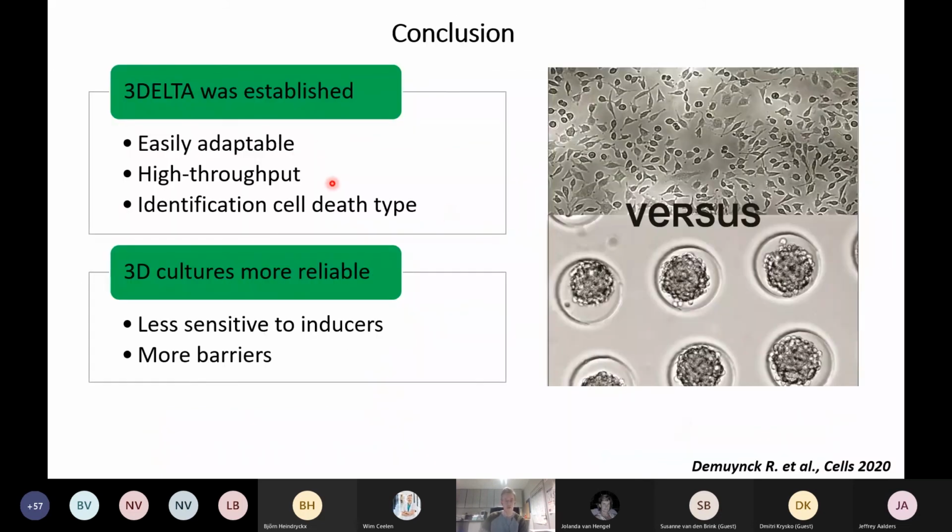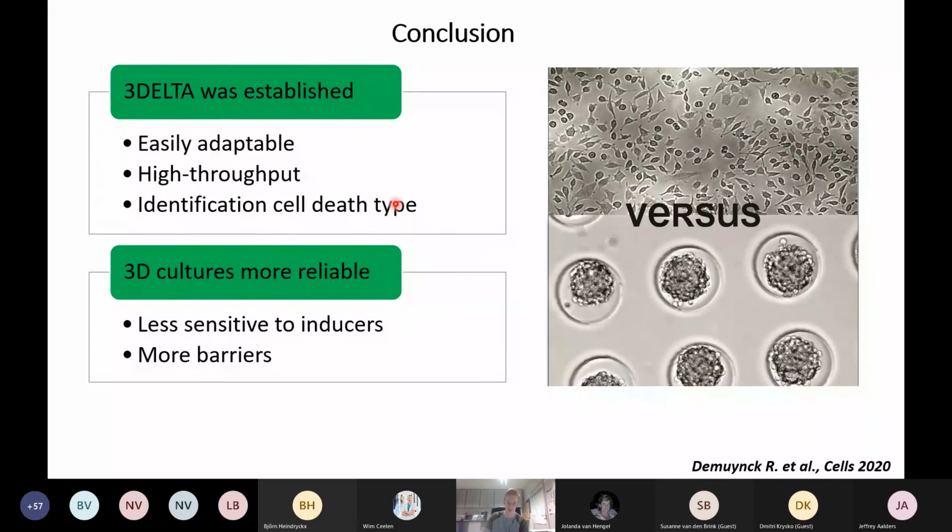So, in conclusion, the 3-delta assay was established in this work. This assay is easily adaptable to other cell death inducers and to other inhibitors of cell death. It also allows for high throughput screening as multi-well plates are used, so you can analyze a lot of different conditions all at once. Besides quantification of cell death, you can also identify the specific cell death type that is